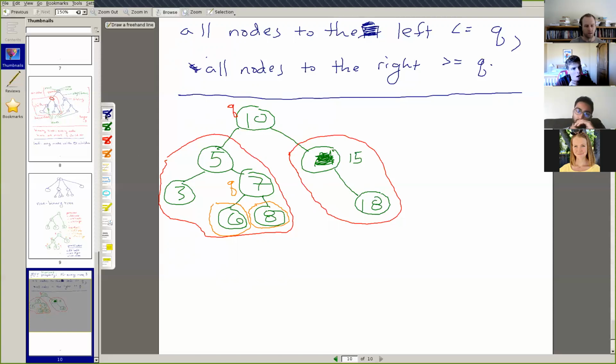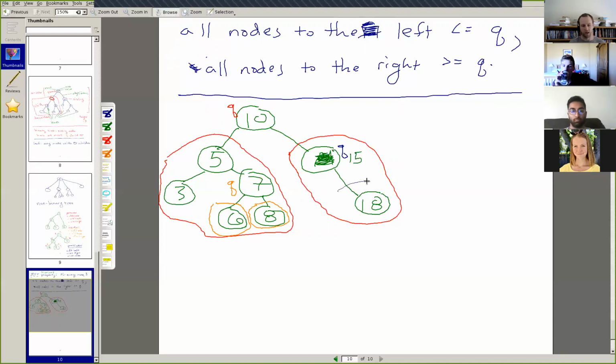Another thing that's a little bit subtle is that if we made this 15 right here our Q, then there is nothing to the left. So there are no nodes to the left. And so we would say it's vacuously true that all nodes to the left are less than or equal to Q, because there just are no nodes to the left.